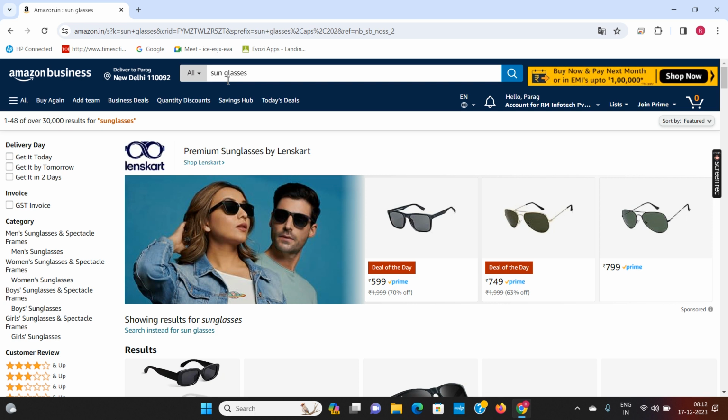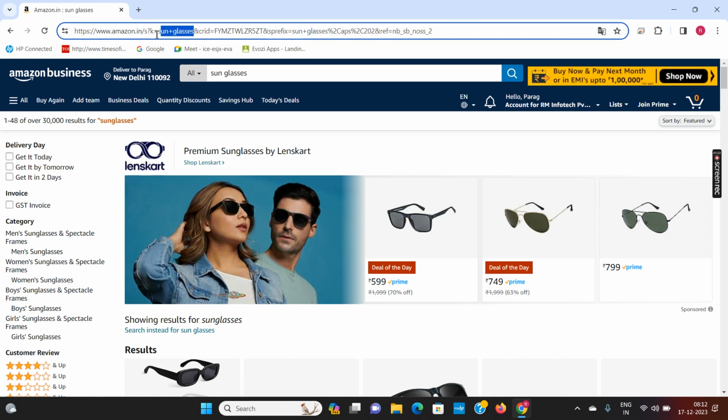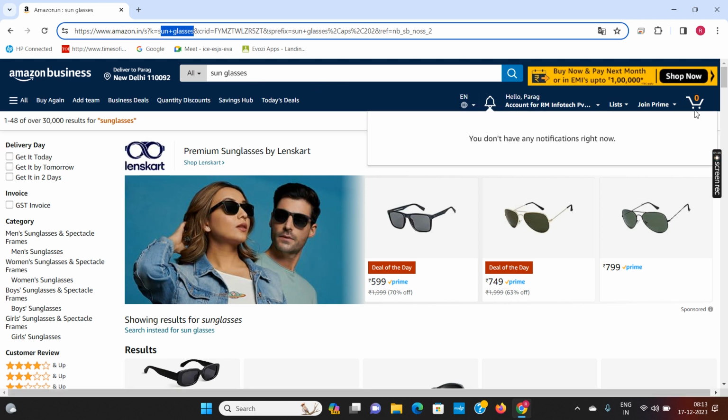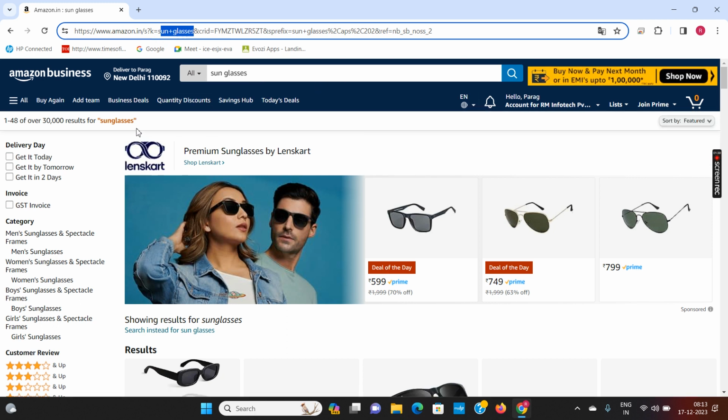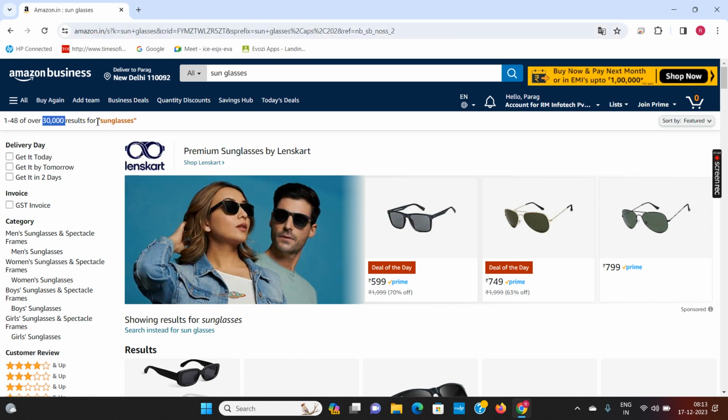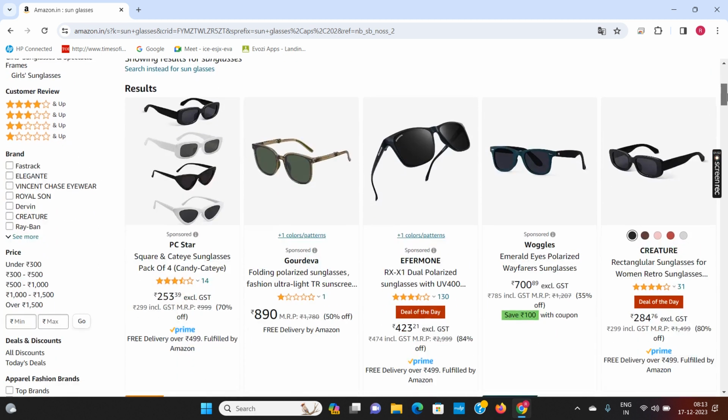Now what I want to do is test that I should get the result for combined sunglasses. Here you see, it is sun plus glasses as a combined. I can get the result for sunscreen, sun cream, or say beer glasses. It means it can search sun separately and glasses separately. But what I want is sun plus glasses as a combined. You see over here, it is saying that it has got 30,000 results for sunglasses. I have written a space in between, but it has taken it as sunglasses. And I get the result for these sunglasses.